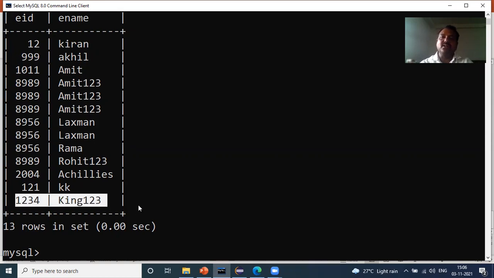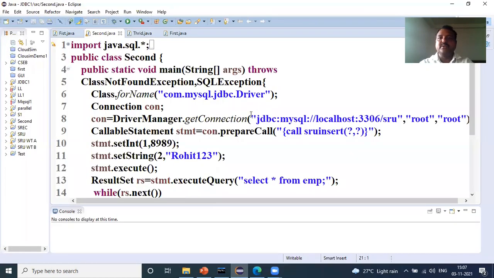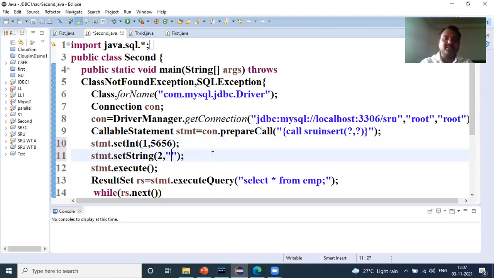Now I would like to call this procedure from my Java program, which is executed using my Eclipse environment. So I open my Eclipse. Now we can find my code here. Now I am going to call the method called SRU insert. Now I will be giving some values here, and my values are something like 5656. And instead of saying Rohit, I will be calling some other name called worm.